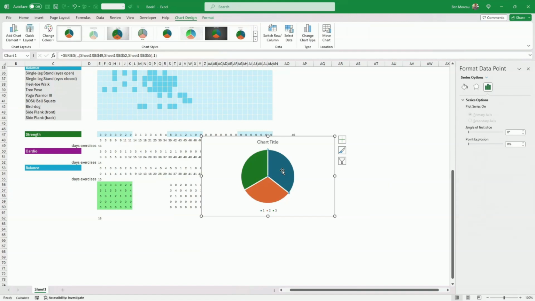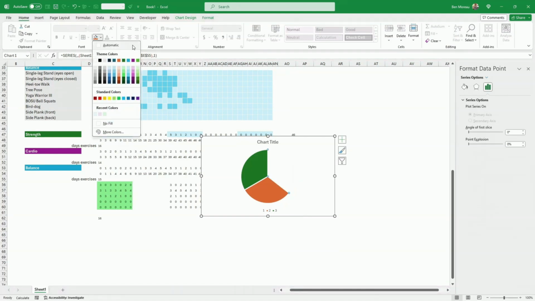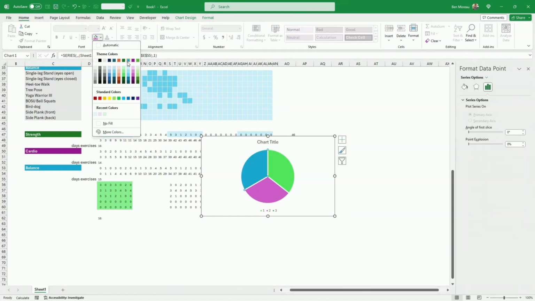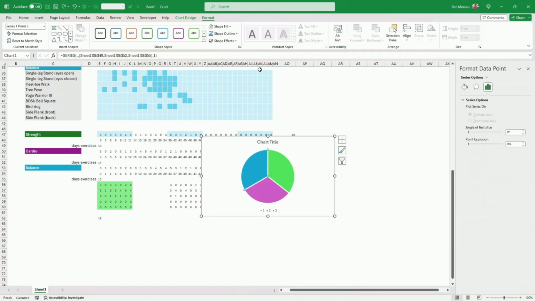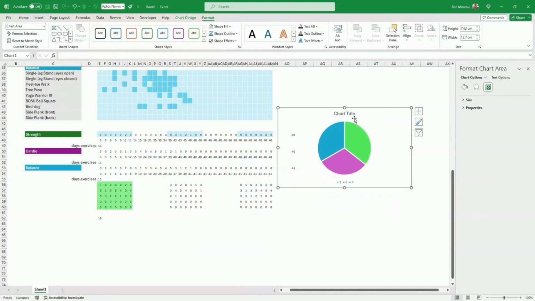So now I'm just going to recreate the colors. So the first one was strength. So I just click twice on this part, and I put the strength color. Actually, yes, I'm going to put the light one here. The second one, I need to put the cardio color. And the third one, the blue. Just going to take this blue. I need to click on the chart itself, and I put the shape fill, no fill. And now we can see what's behind, and then